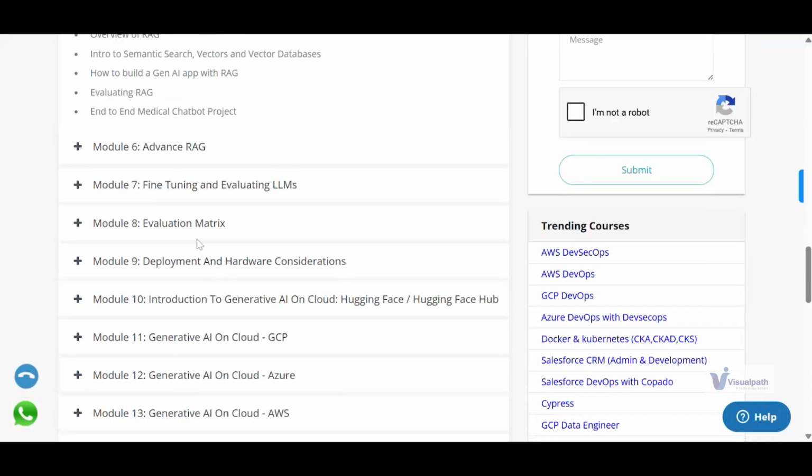Prompt engineering, as I said, is an important module, and a big module, where we will understand the different techniques of prompting. And I'm sure after you learn that, you will use it better. I know people use ChatGPT now every day, everybody uses it. So you will understand the technique. Once you learn those techniques, it will help you to give those prompts properly. So that prompting you will be able to understand.